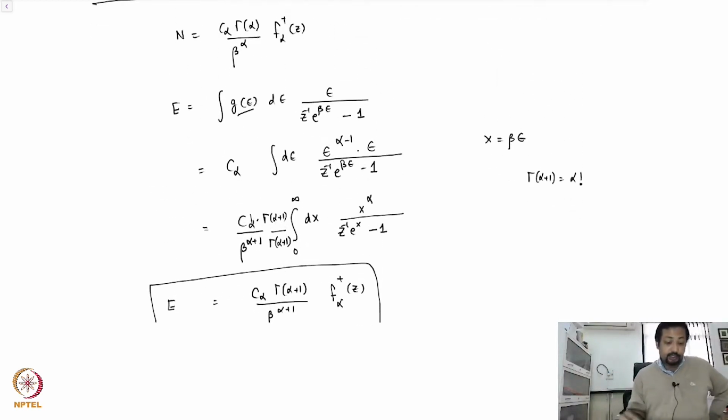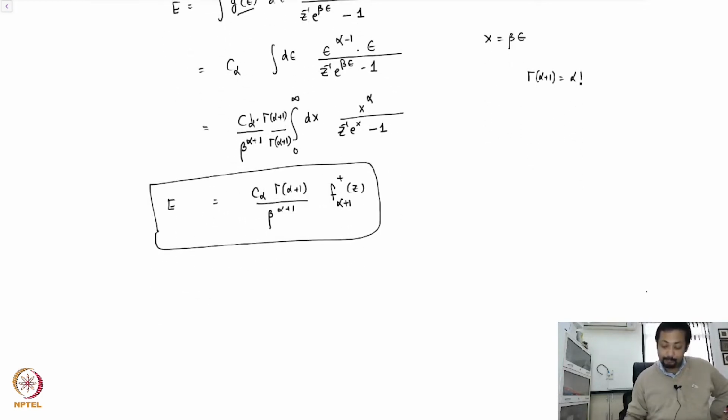So I have two relations. One is this, and sorry, this has to be alpha plus 1. Terribly sorry. And I have this. The high temperature limit is the one which we are interested in,